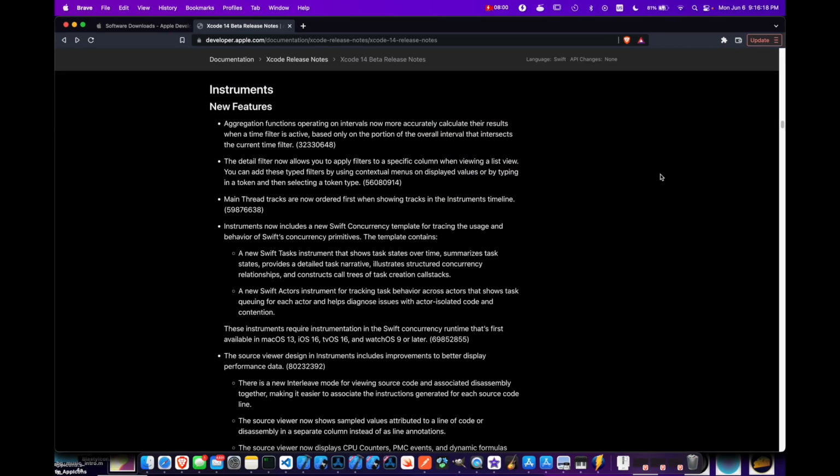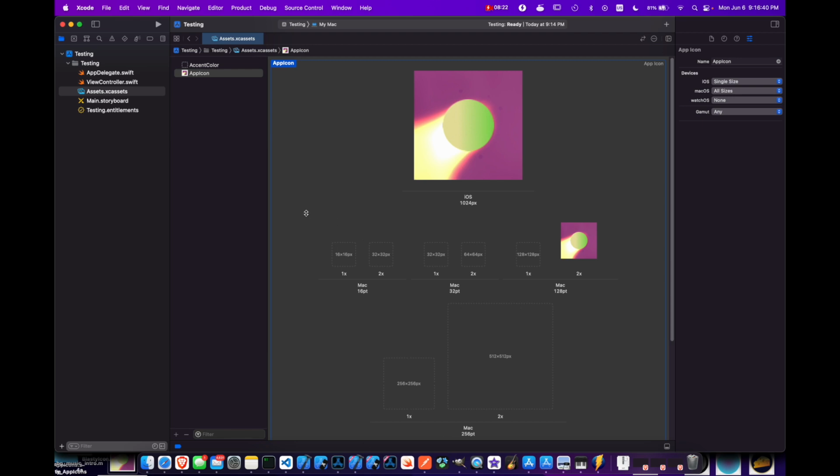Instruments has also gotten a huge amount of new features, but I wanted to focus on one in particular, which was the Swift Concurrency template for tracking usage and behavior of concurrency. So you now have Swift tasks and Swift actors that are going to be available for you to track in Instruments. So if I do Command-I to open this app in Instruments and run it,